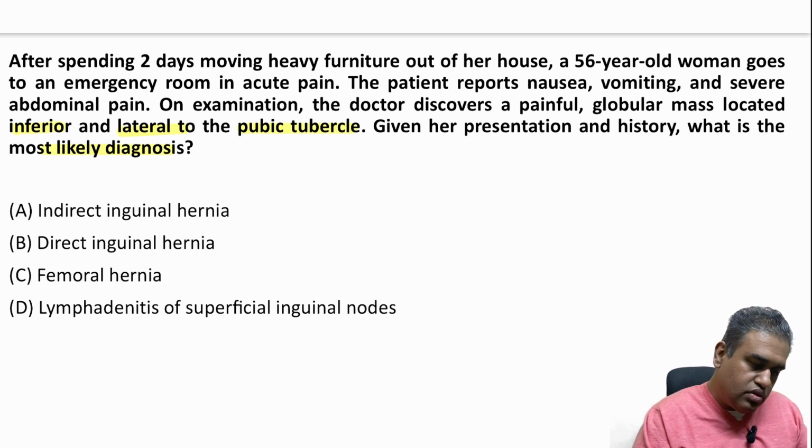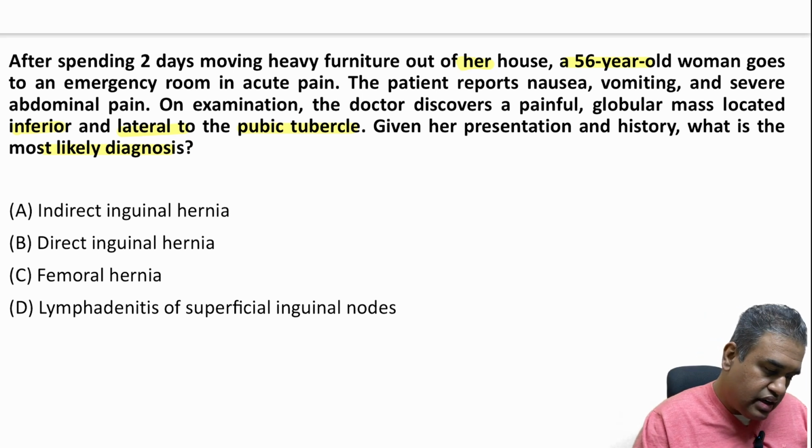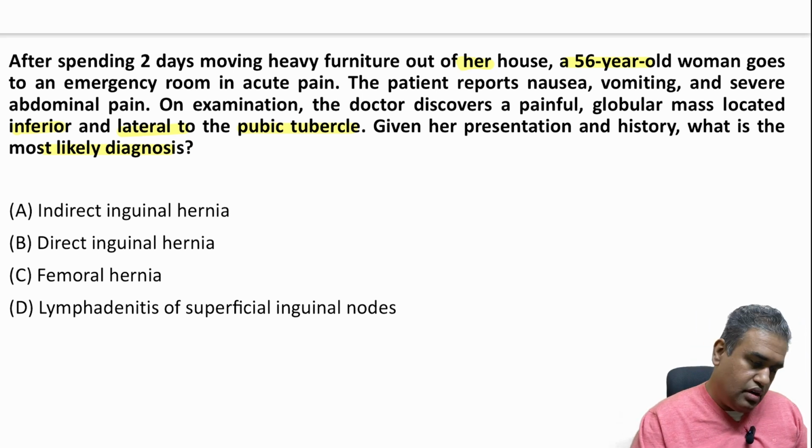So, after spending 2 days moving heavy furniture, it's a 56-year-old lady, and she has done some heavy work. She reports nausea, vomiting, and abdominal pain. Then there is also a painful globular mass, some swelling located inferior and lateral to the pubic tubercle. Now understand over here